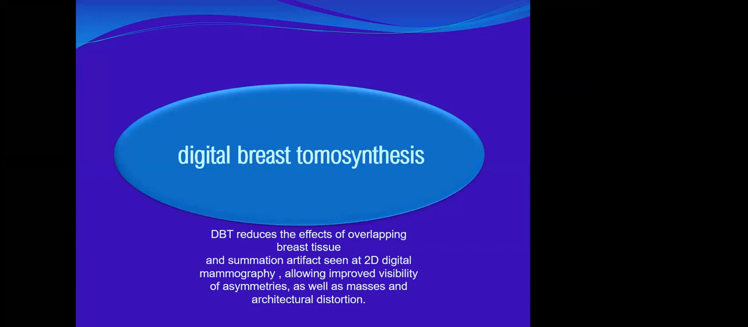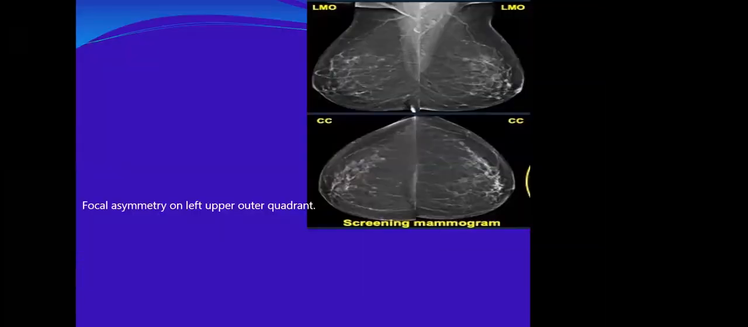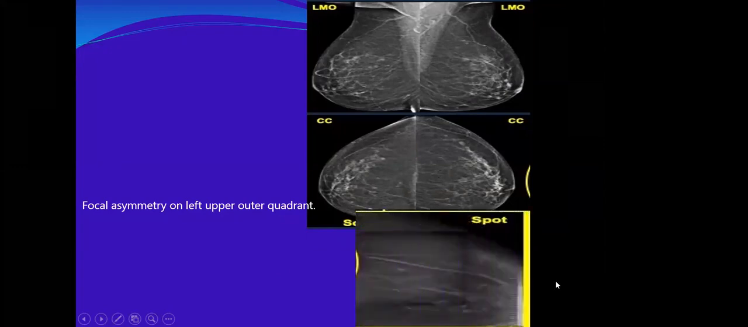Okay? And demonstrate if it is associated with underlying mass, architectural distortion, or so on. In this case, in these examples, this is the 2D and this is the tomosynthesis, revealing that this asymmetry is just summation artifact. Okay, this is an example of focal asymmetry on the left outer quadrant, you see here, and